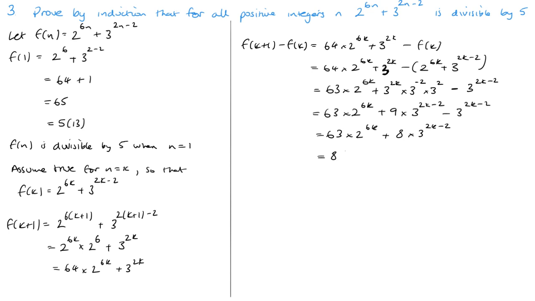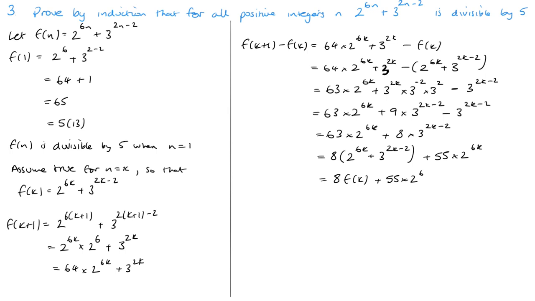Now let's factorize the 8 out, so that gives me 2 to the 6k plus 3 to the 2k minus 2, which is my f of k, and 63 minus 8 leaves me with 55 of these 2 to the 6k's. So I've got 8 f of k plus